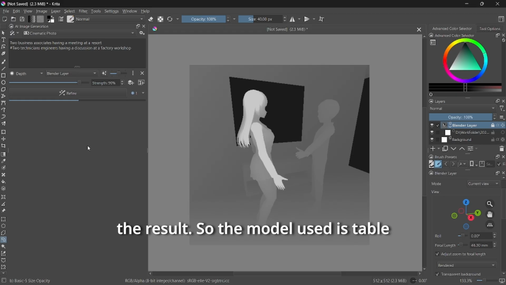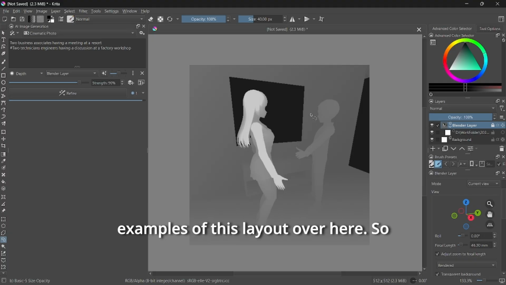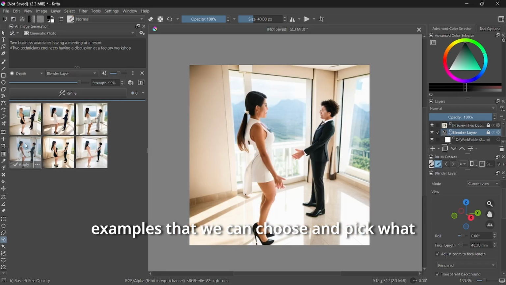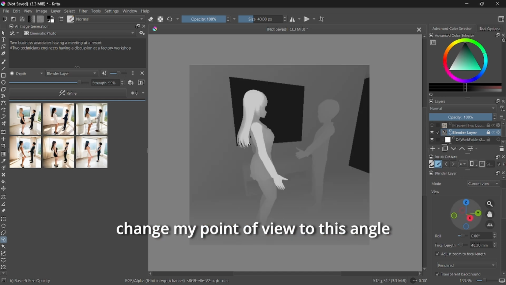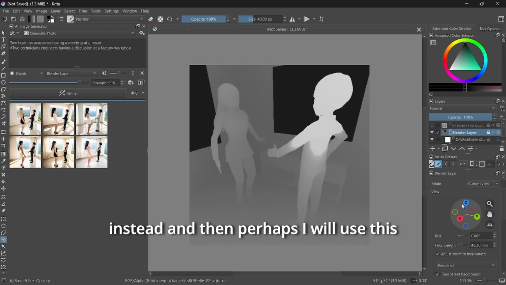So the model used is Stable Diffusion, and it should give us several examples of this layout over here. So once it's done, right, we will see several examples that we can choose and pick what we want. Okay, let's say if you want to have specifically a male and female character, we can change the prompt accordingly. So let's say I want to change the view itself. I will just change my point of view to this angle instead, and then perhaps I will